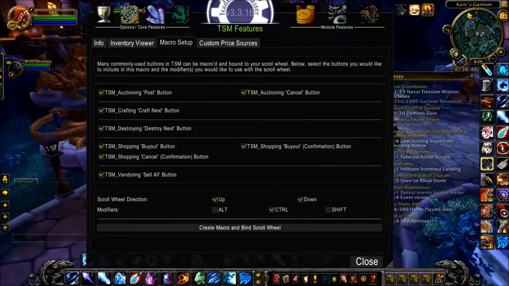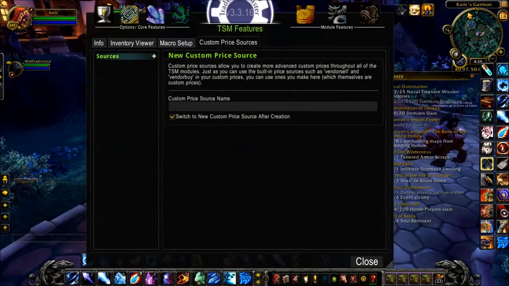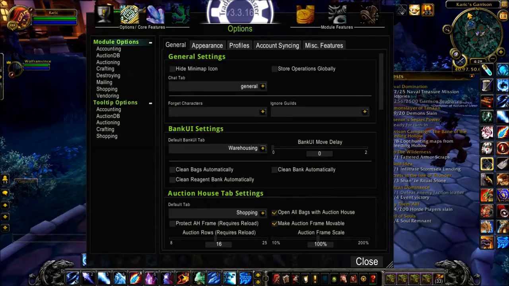Now they do have a macro setup if you do use macros. I am actually planning on making a video on macros because I do use them myself, but it does have the macro buttons for it as well, and then it has custom prices where you can set, if I remember correctly, it's TSM features, or is it? It's in the options. This is where things get a little complicated because you got to go in here and set it up, and as you can see, I have from accounting to auctioning to crafting to destroying mail. I have tons of stuff for this auctioneer. Shopping, crafting, you see it all in there. I have all the add-ons for this. But